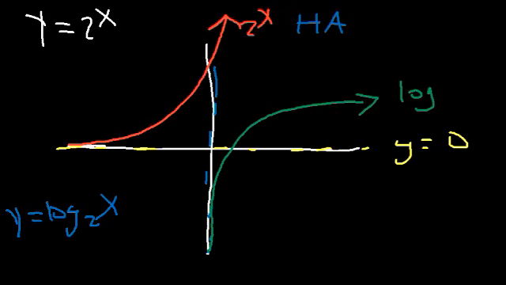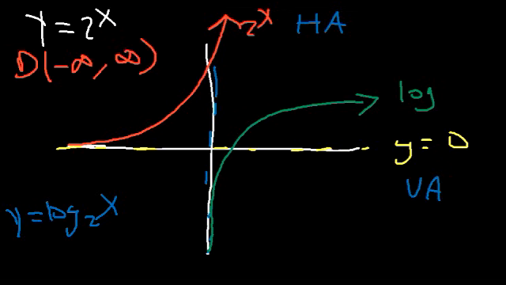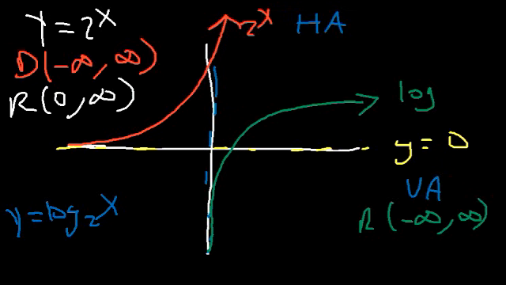You have to remove the horizontal asymptote if you want to write the range. Now, a logarithmic function has a vertical asymptote, which means that the domain for a log function is restricted. So for exponential functions, the domain is always negative infinity to infinity. But for a logarithmic function, the range is always negative infinity to infinity. Now, the range for an exponential function is going to start from 0 and go to infinity, since the horizontal asymptote is y is equal to 0. Now, if it's different, then this number is going to be different. So if there was a plus 3, the range would now be 3 to infinity,